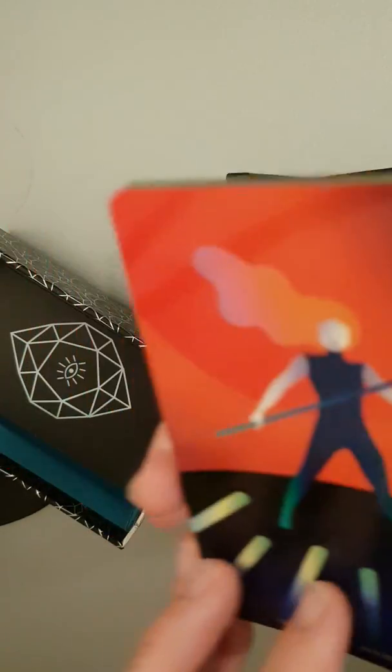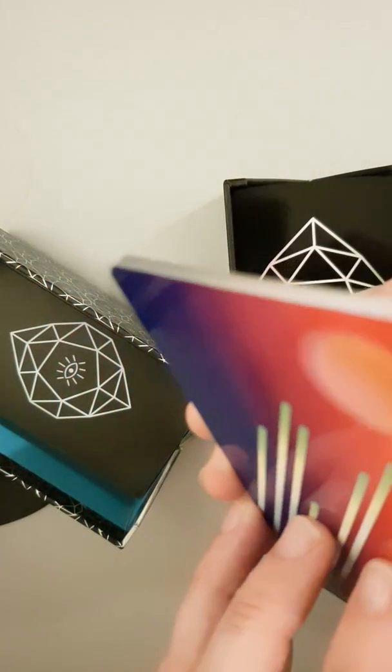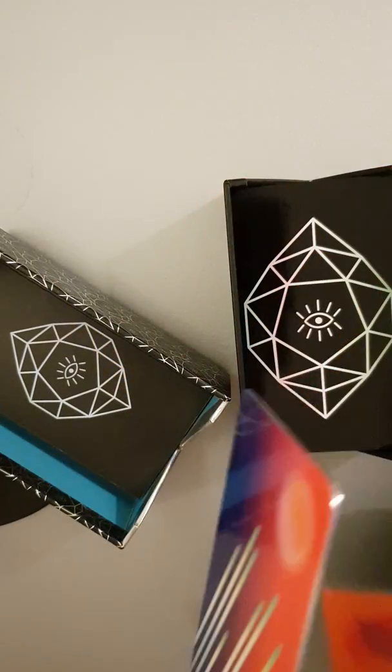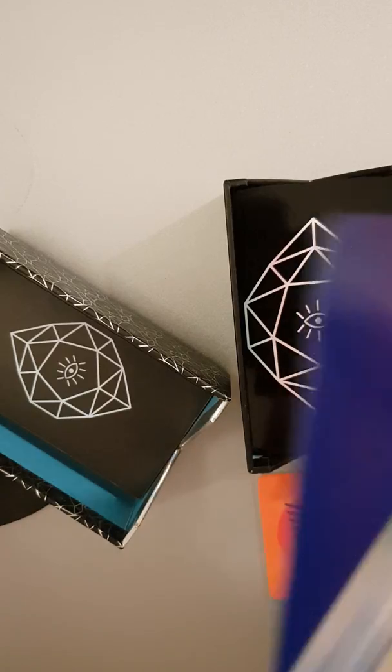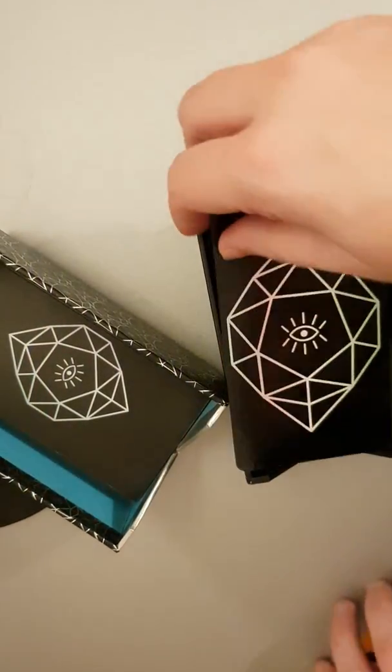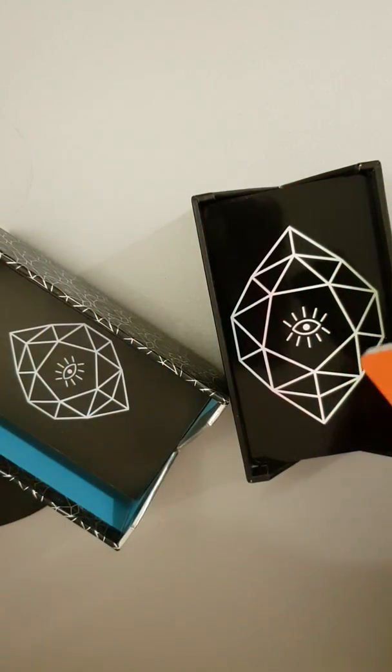7 of Wands. This is like me struggling with this deck to get it apart. 8 of Wands. Oh, it's getting old now having to do this. There we go. So sorry, if I'd known this, I'd have taken them all apart before I'd done this. 8 of Wands, 9 of Wands, 10 of Wands. I'm loving the female imagery on this deck. It's beautiful. Princess of Wands,